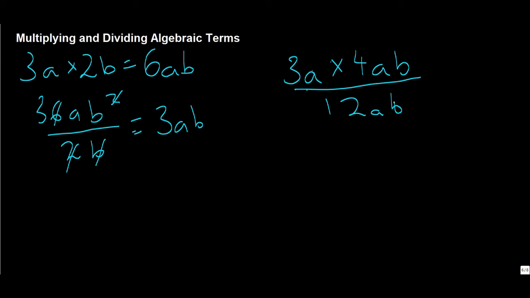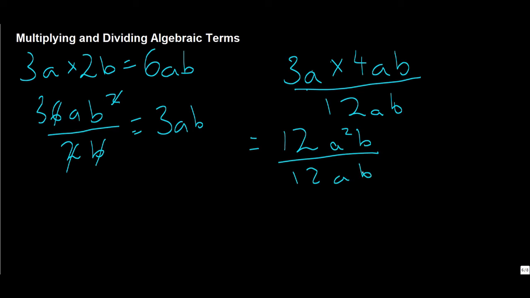Okay, so let me show you how to do this. So 3a times 4ab. First, again, we've got to multiply the coefficients. So 3 times 4 is equal to 12. And then a times ab is actually equal to a squared b, because there's two a's and a b. So that's a squared b on